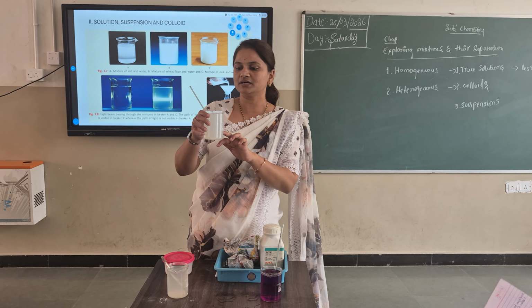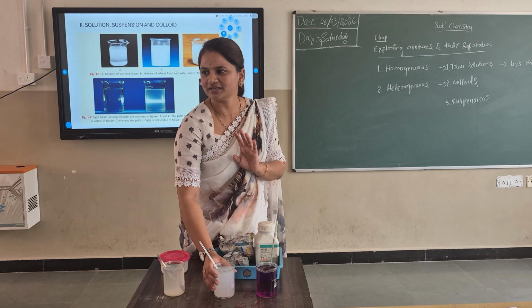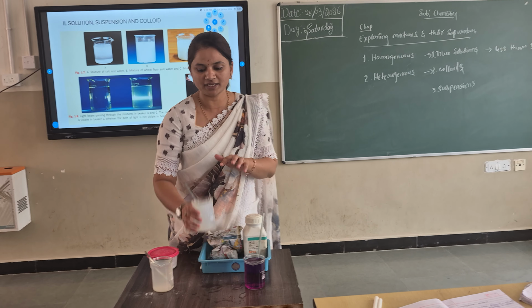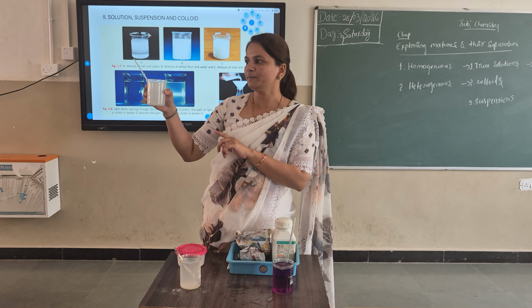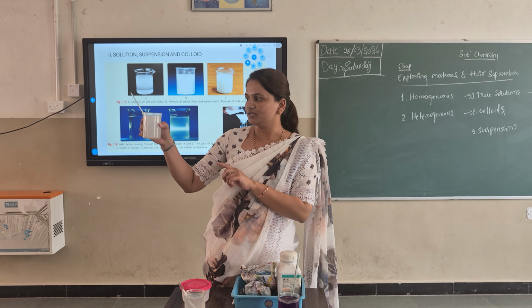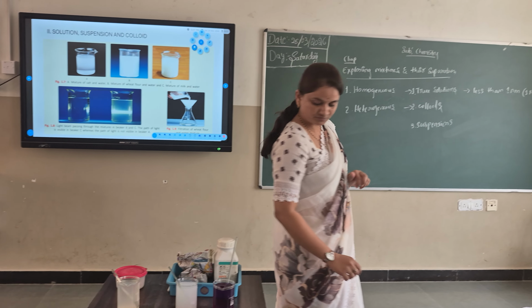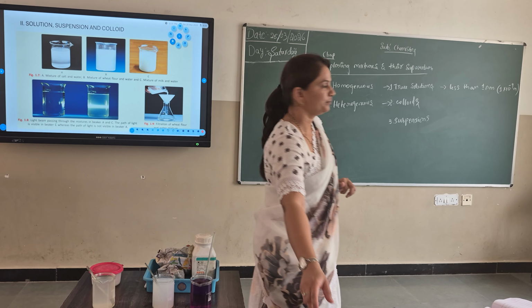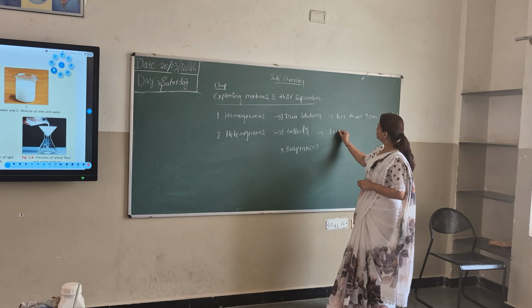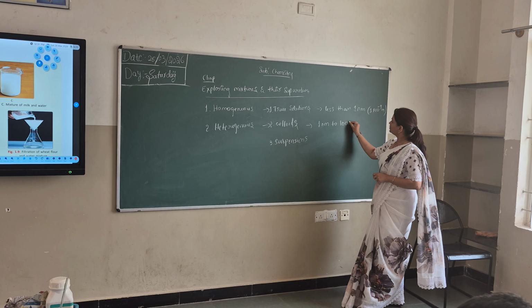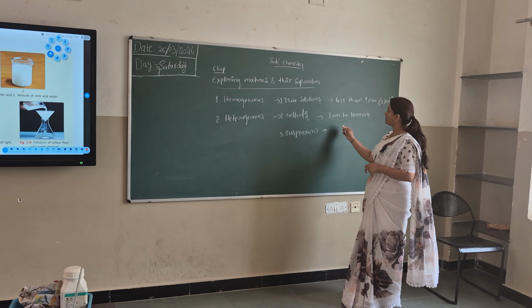Here I think the milk contained particles. It is not mixed up exactly, so at the top layer you can see some particles. But other than that, here also you cannot observe the particles of milk inside the water. So the size of the particles in a colloid is in between. Do you remember? 1 nanometer to 1000 nanometer. Okay. In suspensions, the size of the particles will be